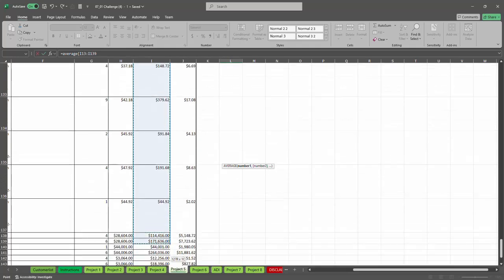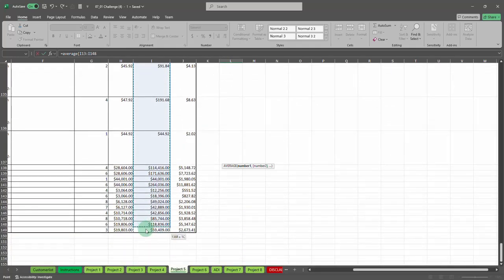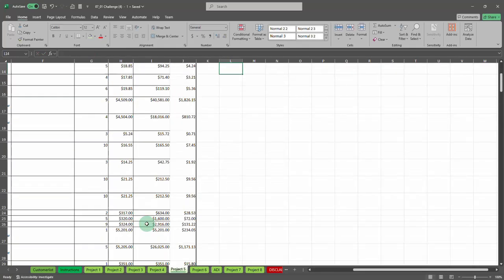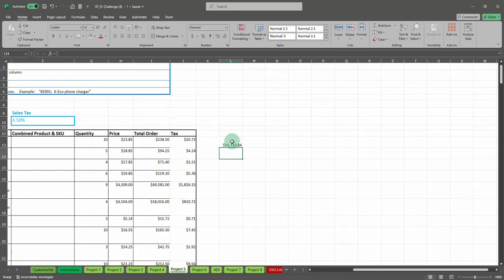Getting there. Don't know when it ends. Right there. Okay? And I hit enter. That's the average order. If I say equals average, if I copy that over, the cell addresses are relative, so if I copy it over, it changes columns, so that's the average amount of tax that's being charged. So this would be AVG order,